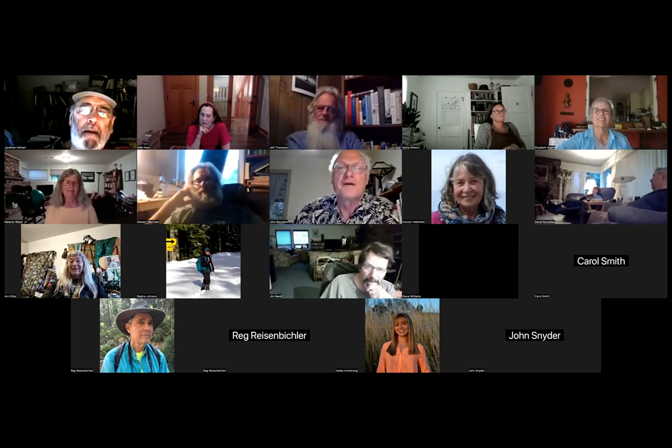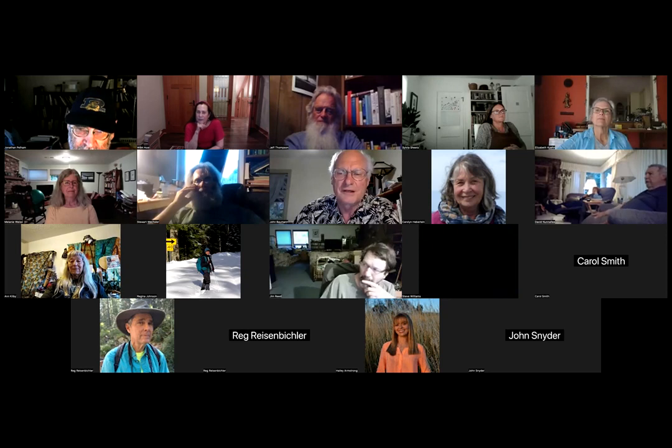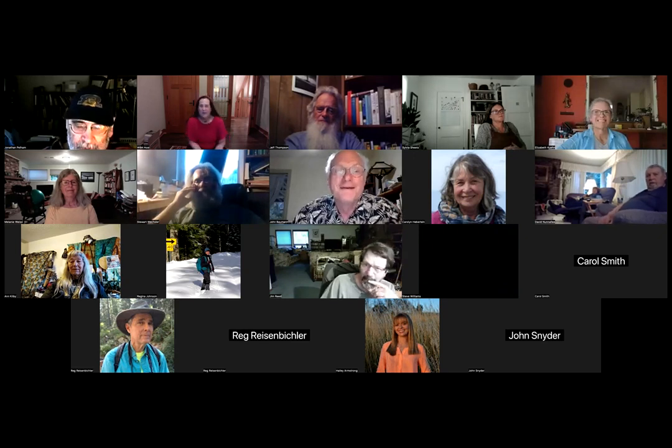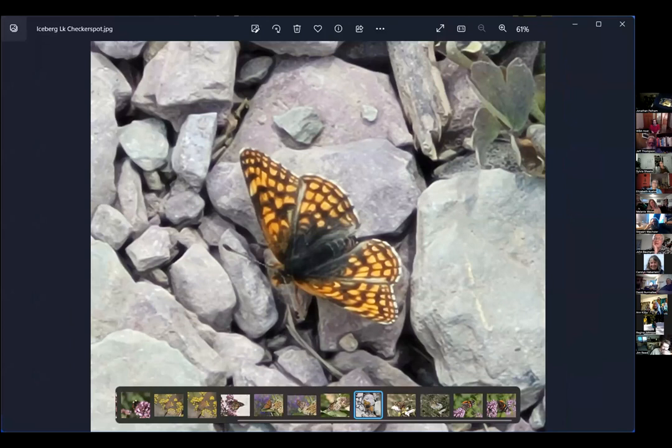This is not from the yard. This, in fact, is a picture taken by my daughter up by Iceberg Lake in Glacier Park. And I have reason to believe that this would be a checker spot that just about any of us would be proud to see, but it may not be. So without further ado, can you see that? Oh, yeah, it's about 10,000 feet. No, probably about